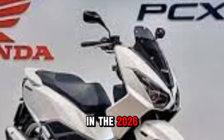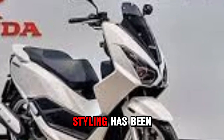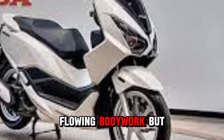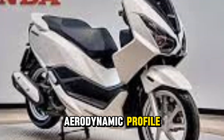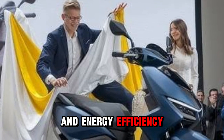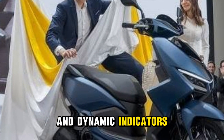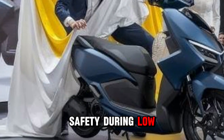So what's new in the 2026 model? At first glance, you'll notice the styling has been subtly refined. The design language continues with that signature, flowing bodywork, but now there are sharper angles and a more aerodynamic profile. The LED lighting system has been updated for better visibility and energy efficiency. It now includes a sleeker headlamp and dynamic indicators that not only improve aesthetics, but also enhance safety during low-light